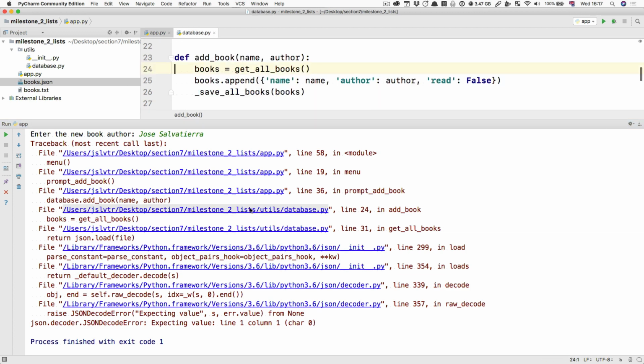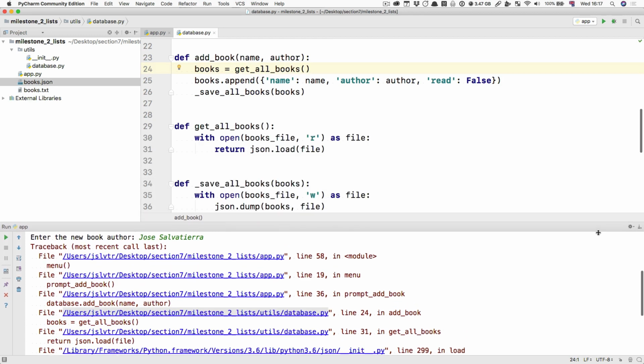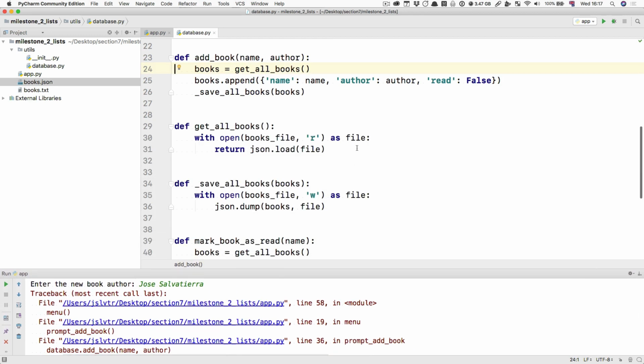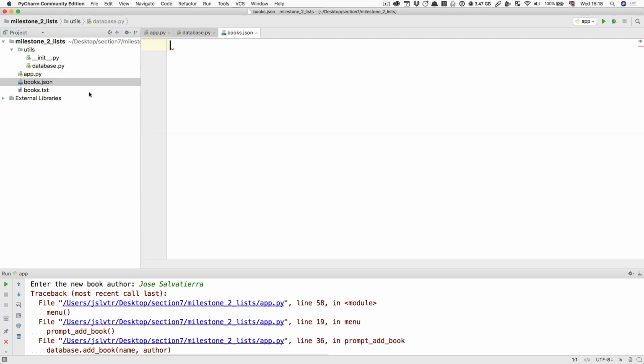So let's go over there, and let's make this a bit smaller. And it's saying that the error was returned here. Return json.load. Why do you think there may be an error in this line? I'm not sure what you came up with, but the problem here is that our books.json file is empty, and